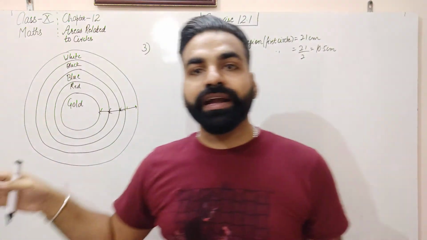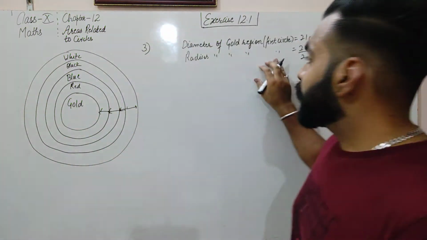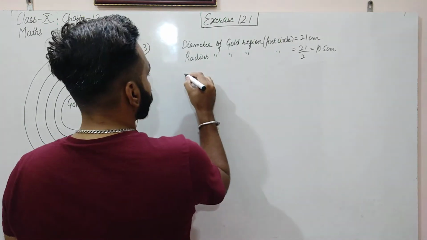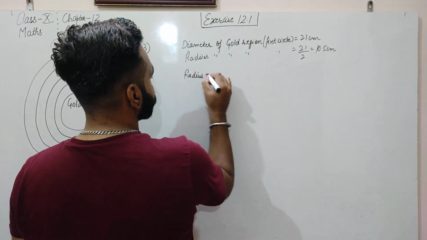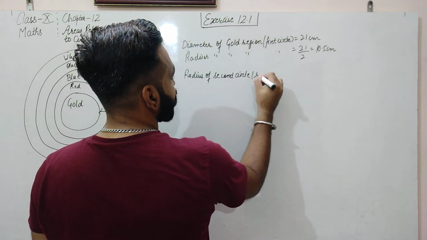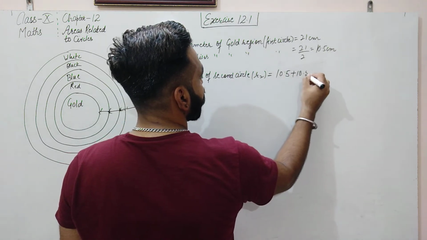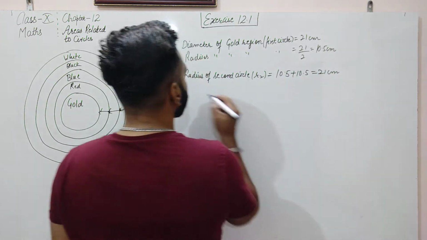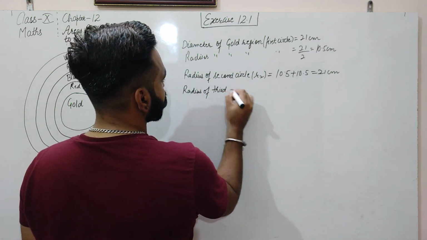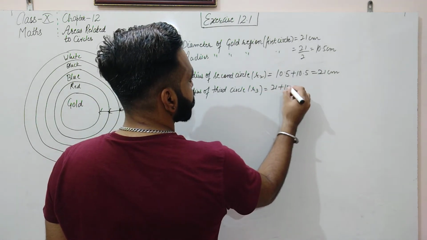So basically to find the radius of the next circle we have to add the width to the radius, that is the radius of the first circle. So we will write here radius of second circle, let us say R2. So this will be 10.5 plus 10.5, that is 21 centimeter. Then radius of third circle R3 will be 21 plus 10.5,